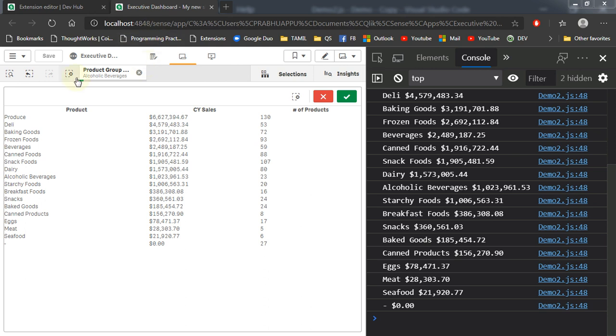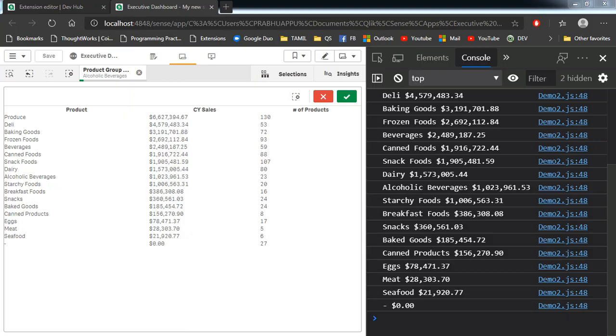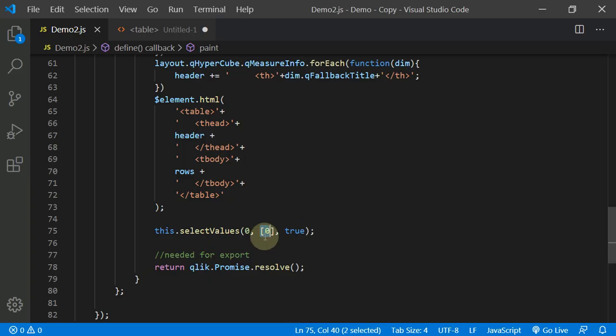if you look here, this alcoholic beverages has been selected automatically. So this 0 number is assigned to alcoholic beverages. We just hard coded these numbers, but we need to get this number from the actual value when we click on the particular element. Let's see how to do that. Before that, let's add a function to capture the click event.